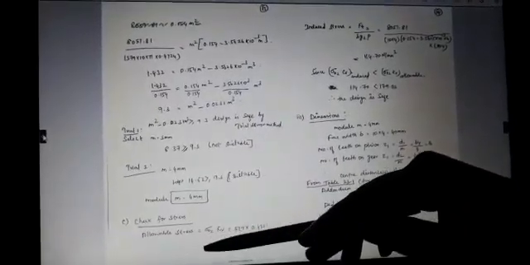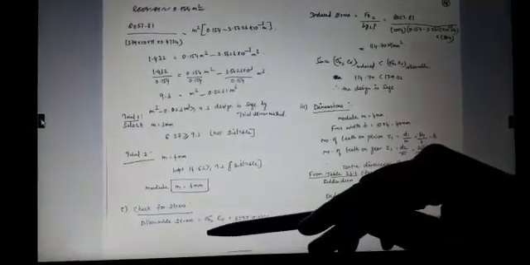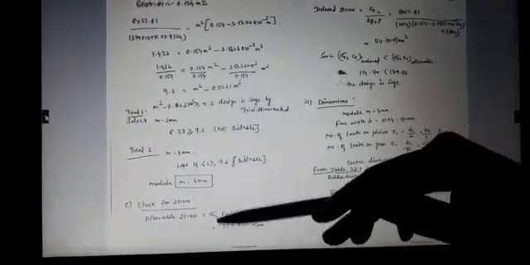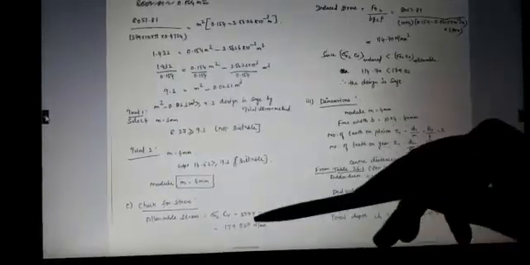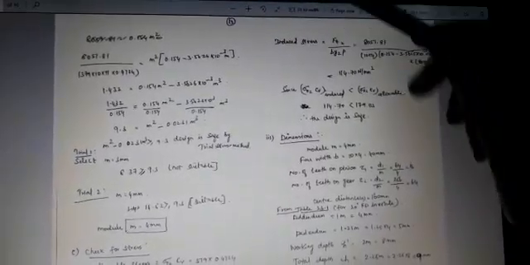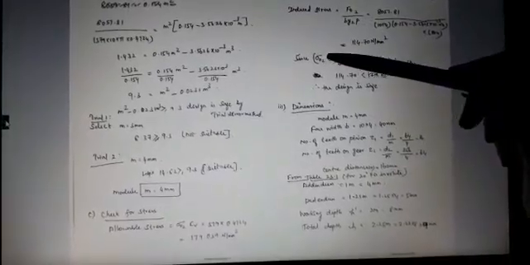Allowable stress is equal to sigma naught multiplied by the velocity factor. That is the allowable static stress, sigma naught multiplied by the velocity factor. Already you know the velocity factor and sigma naught. Substitute these values and you get the allowable stress. And how to find the induced stress? The formula is based on Lewis's equation. You find the induced stress, that is sigma naught Cv.